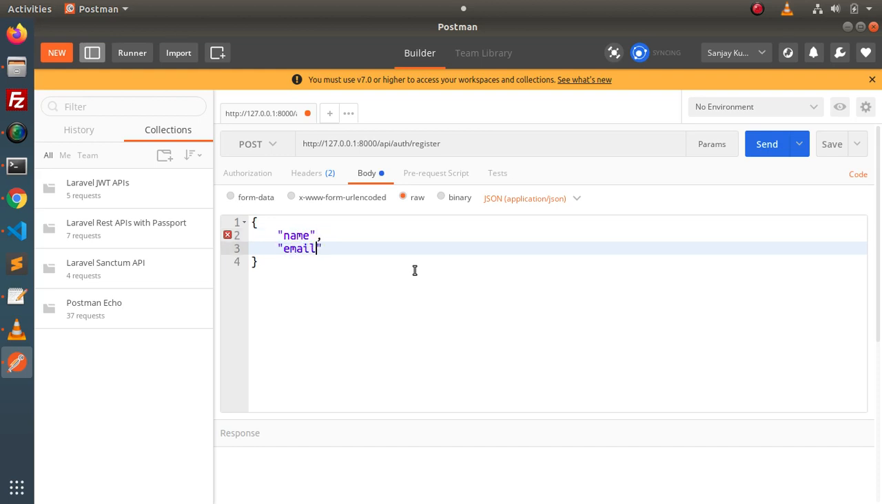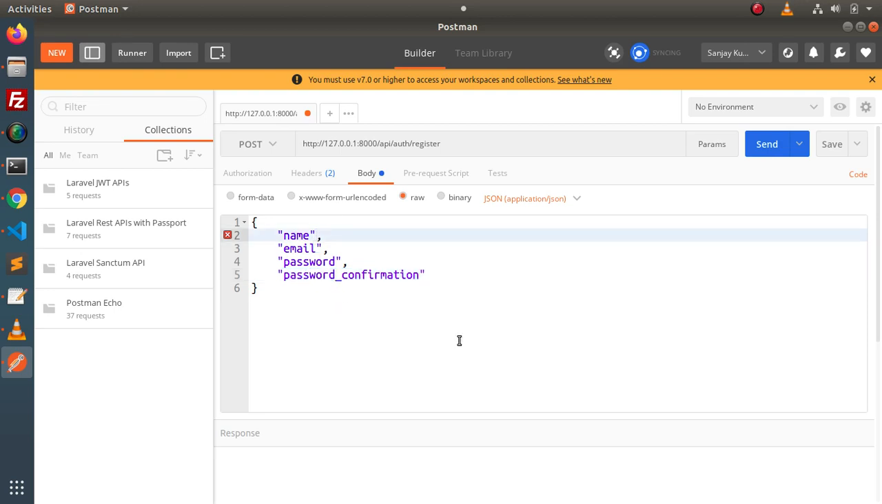Next we need to pass email. Here we should have password, and one more parameter we need called password_confirmation, and this is because we have added confirmed as a validation rule. So after adding that rule, automatically we need to add this password confirmation field inside this body. Now next we need to pass our values. So for the first round, let's say these values are empty, and as we know we have implemented our validations. Click on the send button,